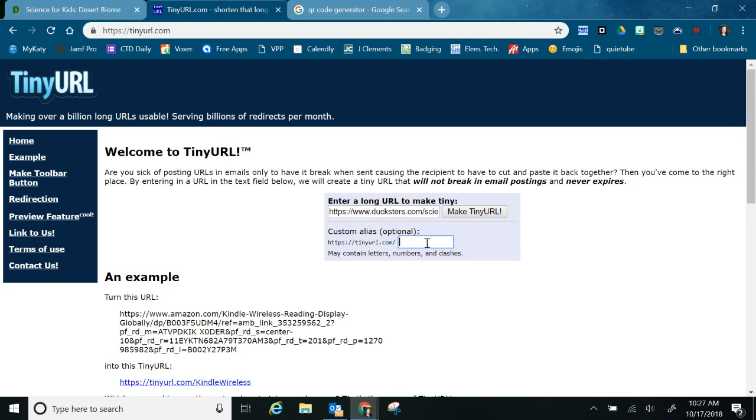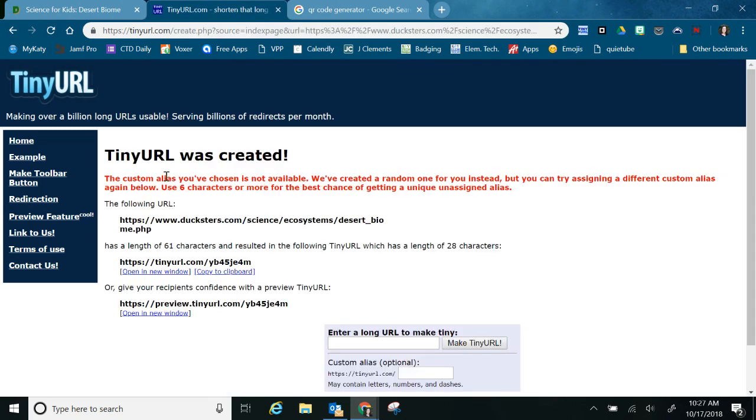But if I don't want the random letters and numbers, I can just put my own URL ending right here. So let's say I wanted it to be desert biome. Whenever I click Make Tiny URL, it says that it's not available, and that's because someone's already chosen that URL to do. So it has created a random string of letters and numbers, or I could, again, try a different